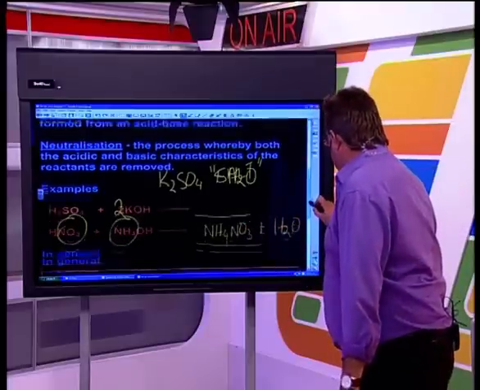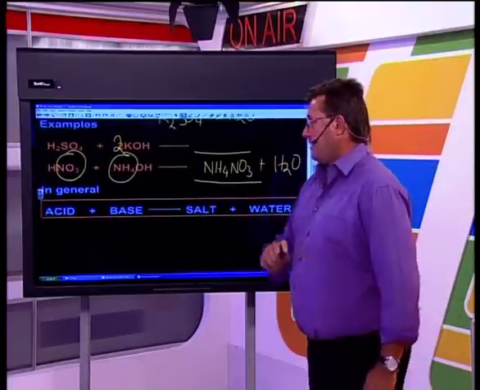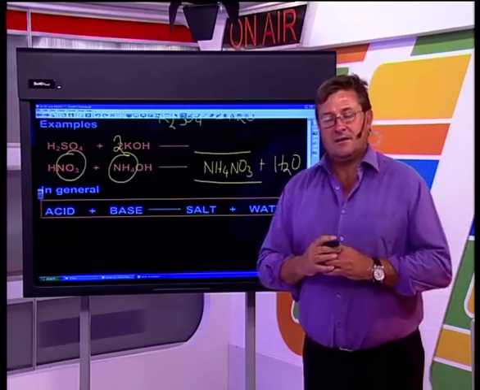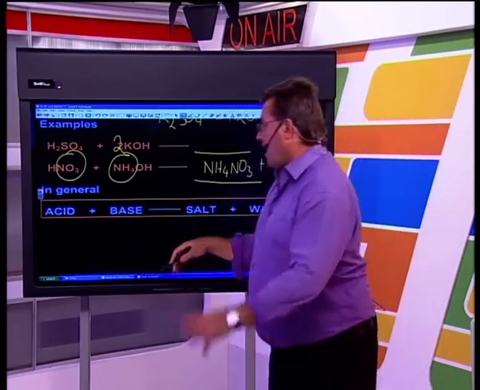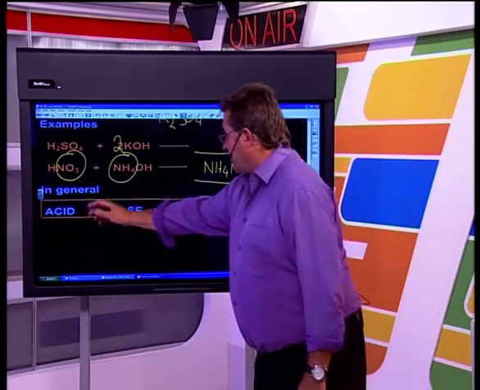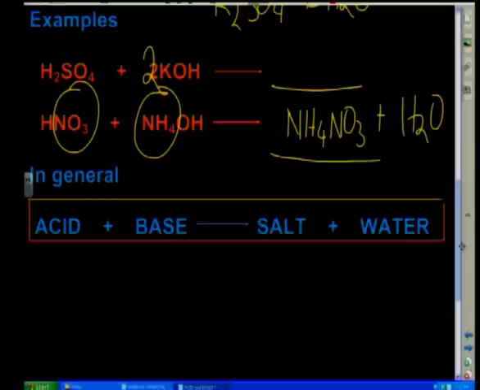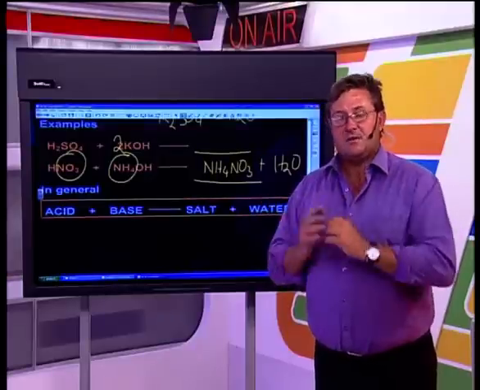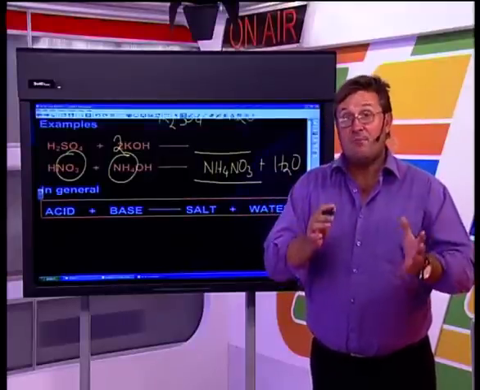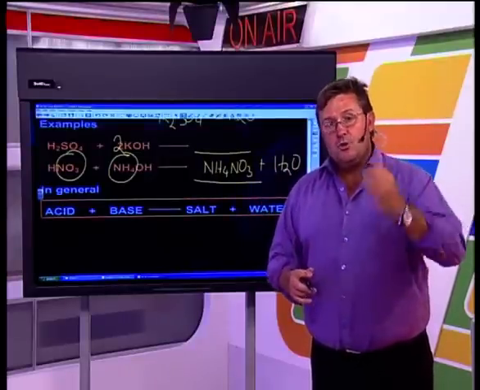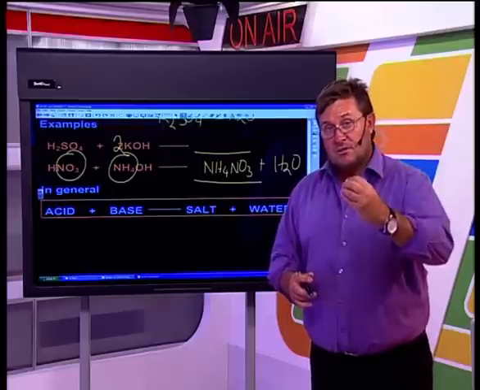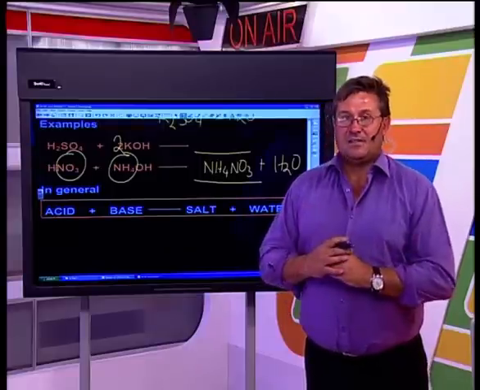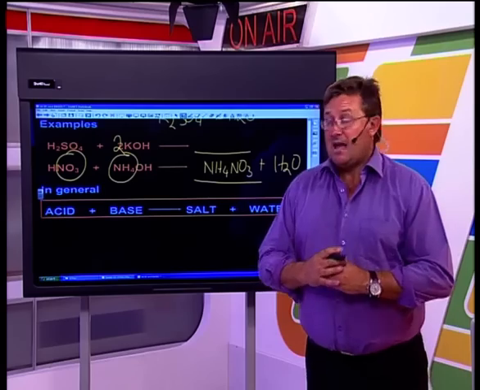Okay, and what we have got right at the end, just to conclude this lesson, is to chat about our general formula, or general equation, shall I rather say. Acid plus base will always give us a salt plus water. So if you're studying a reaction between an acidic compound and a basic compound, you will know that you will always get a salt and water as a product. Okay. Anyway, that's all I've got.